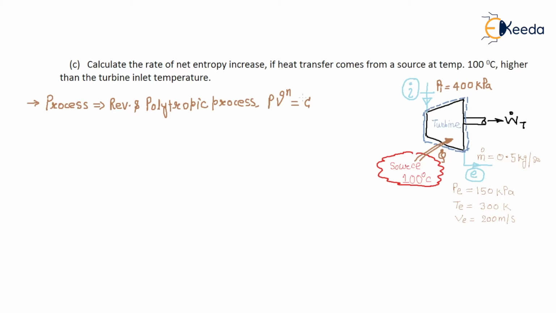This is only a recapitulation of the previous videos. If this index n is equal to Cp by Cv, then it is a reversible adiabatic process, right? So if n equal to Cp by Cv, and Cp by Cv is constant, then this is your reversible adiabatic process. And for air, if we take air, so